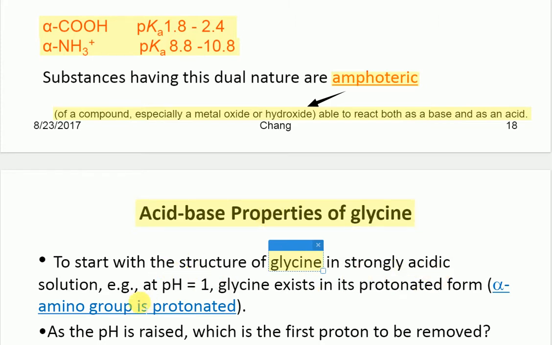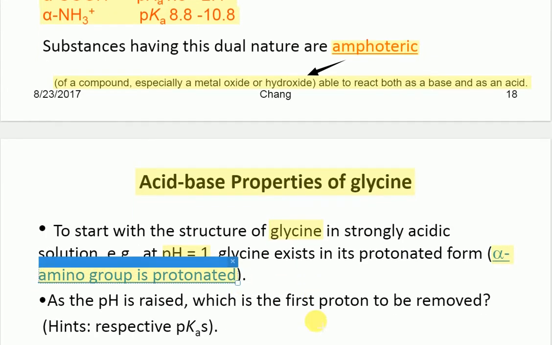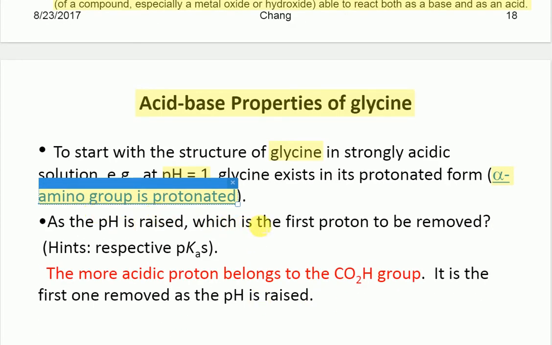So it's strongly acidic in solution, at pH 1. It exists in a protonated form, because the alpha amino group is protonated. There is a charge. As the pH is raised, which is the first proton to be removed,